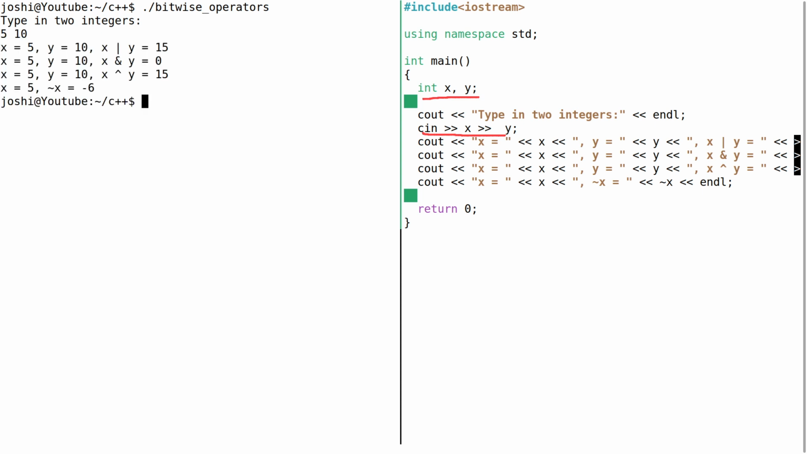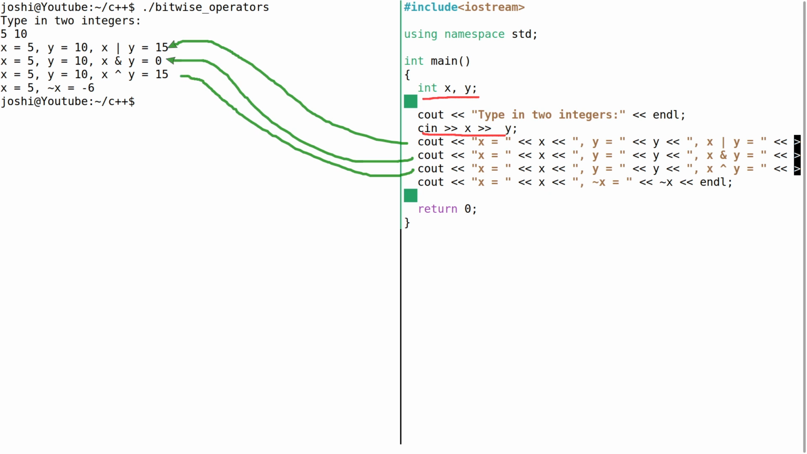So now this cout is supposed to print the value of bitwise OR. Okay, so this is bitwise OR here. On similar lines, this prints bitwise AND. This prints bitwise exclusive OR, and this is interesting. This prints